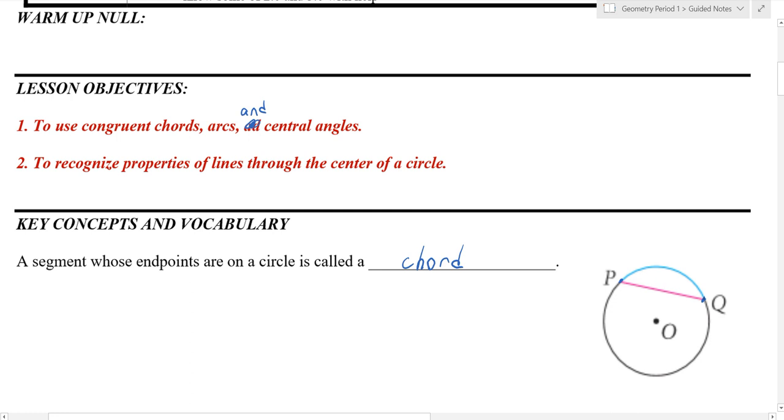Notice that the chord does not go through the center of the circle, though the diameter is a type of chord. Under general circumstances, we do not call the diameter a chord, we just call it diameter. All right,